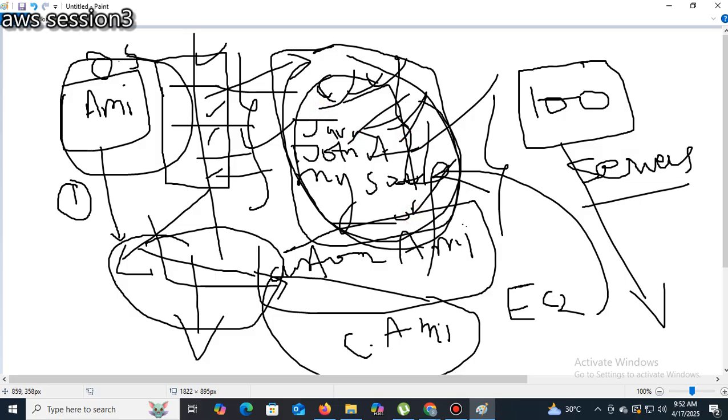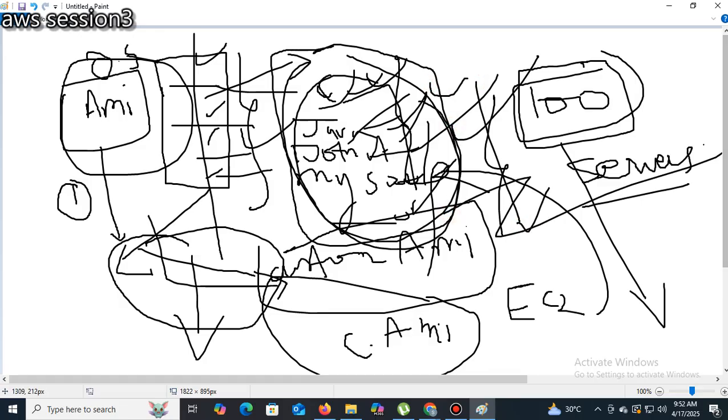So when you take the customized AMI, all these things are already installed, so no need to install again. When you create an EC2 instance from the customized AMI, what happens? It is already installed. So you don't need to install individually on 100 computers every time. You just create the instance, and automatically all the software is there. Got it? So the first thing is that you can take the backup of your instance.